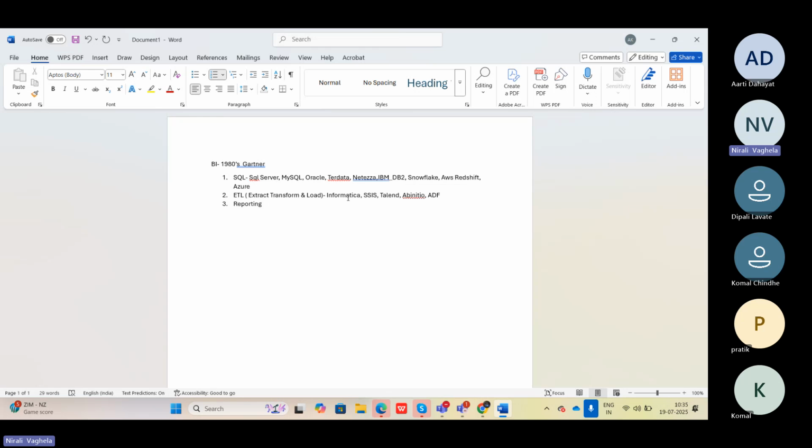When you talk about a financial organization, mostly Informatica is preferred. Most companies prefer Informatica because it's the most secure tool as per most companies' preference, so they will be using this one. But SSIS is a Microsoft tool, ADF is again a Microsoft tool. Ab Initio is a separate company, Talend is a separate company. They have their own products. So these are the famous tools, but there are a lot many. The list is bigger. They can use a lot many of them.